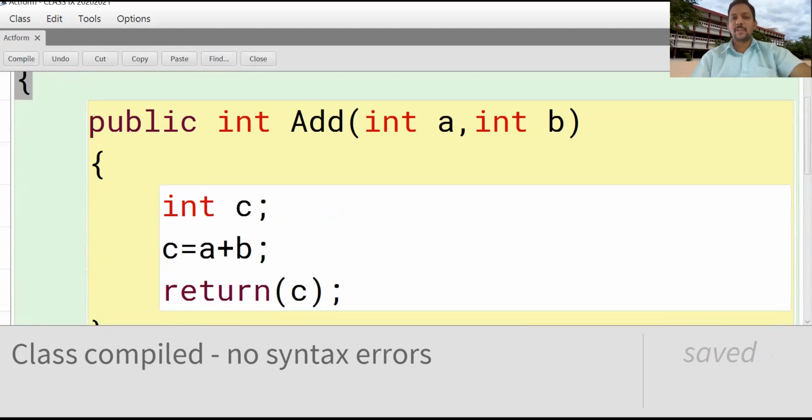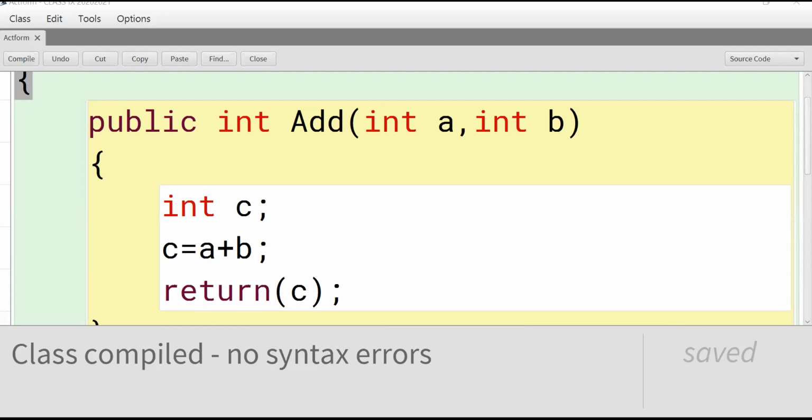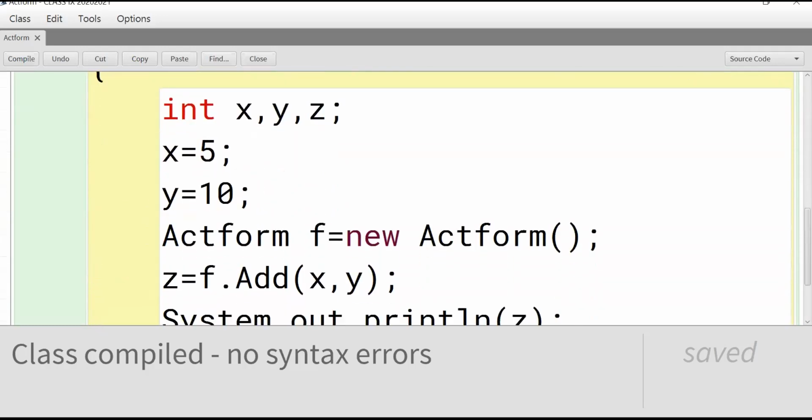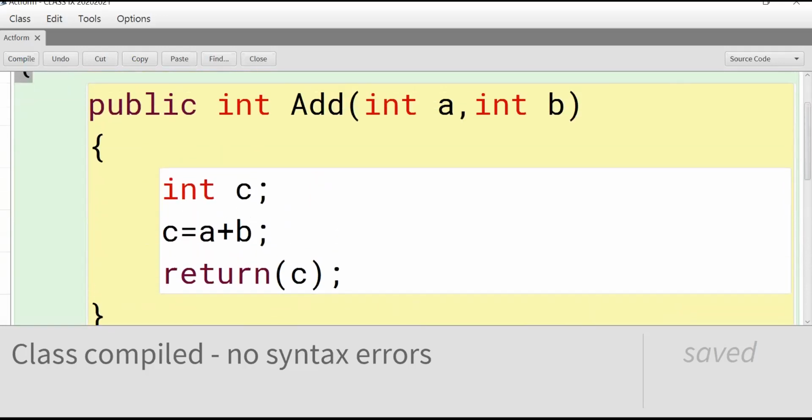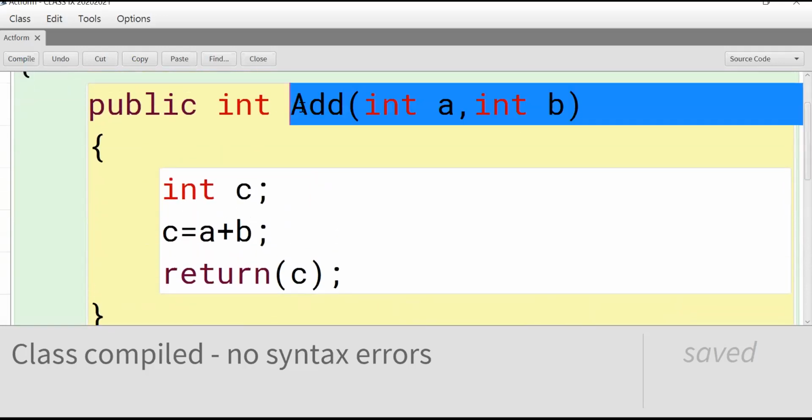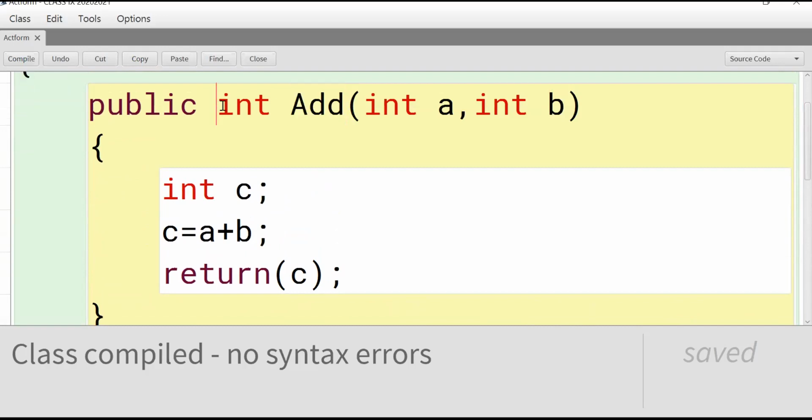Now in this example, they will ask in the above snippet of code, what are the actual and formal parameters? Or give an example for formal and actual parameter, means you have to write this example. See, in this one method I used, that is add method. The function name is add and its return type is integer. Method modifier is public. Two arguments are passed in this function, that is a and b of the type integer.